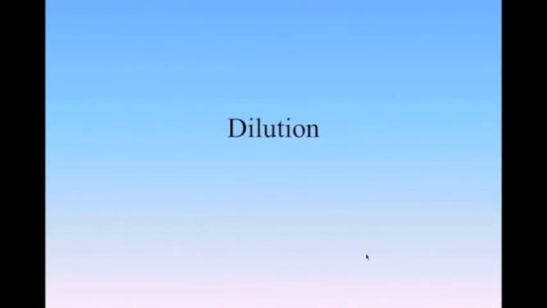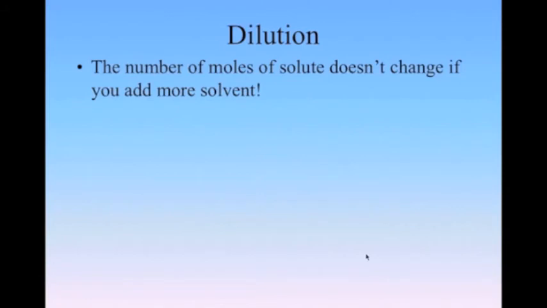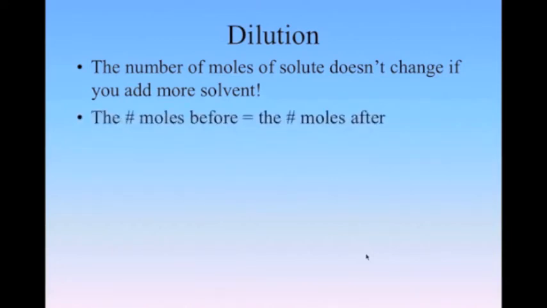Now, when we're looking at dilutions, basically we're taking something concentrated and adding water to it. In a dilution, the number of moles of solute doesn't actually change. We don't change the moles of solute that's in there. We're just adding more solvent. The number of moles before equals the number of moles after, so we can get this equation right here,